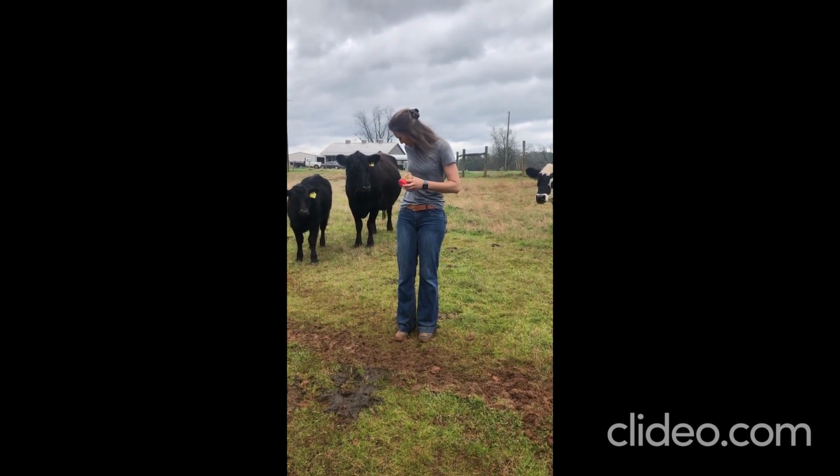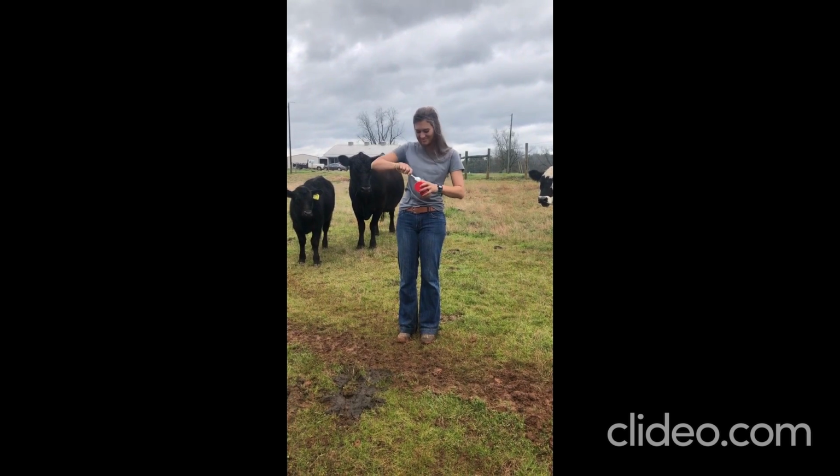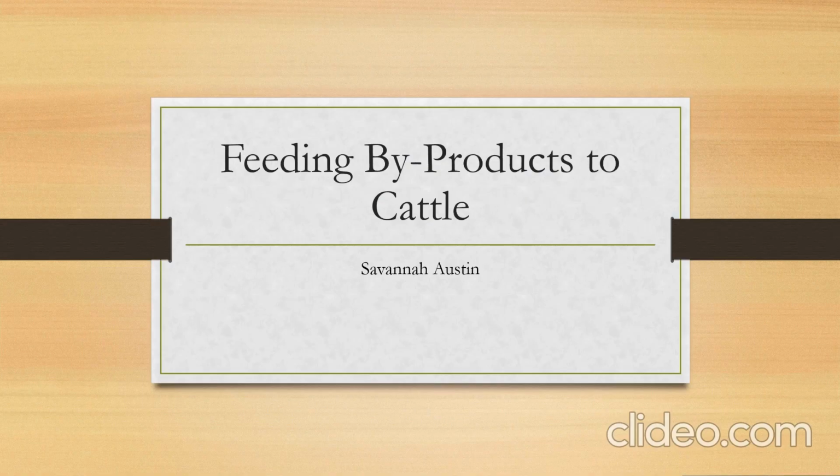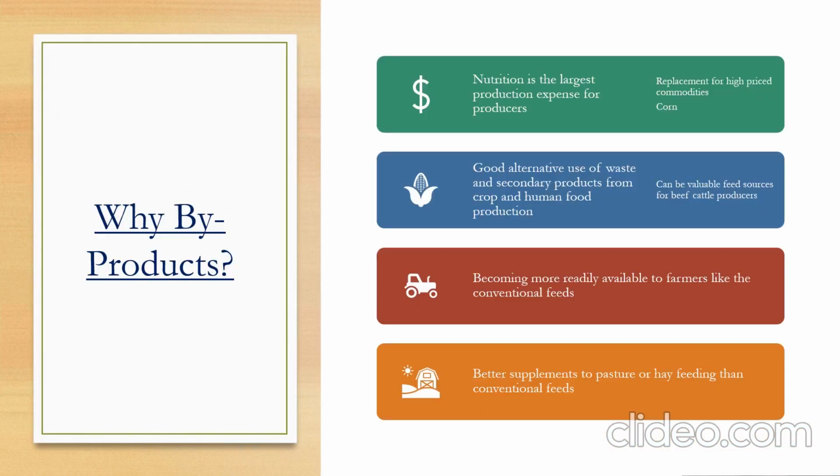So, let's dig in. So, like I said, we're going to be talking about feeding byproducts to cattle. First off, let me just explain to you why these byproducts are very important for producers. As we all know, nutrition is the single largest production expense for producers. Whether they're in cow-calf operations or feedlot operations, nutrition is always going to be the most expensive thing,